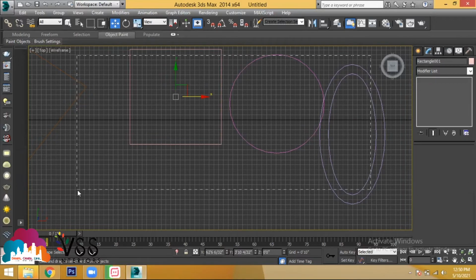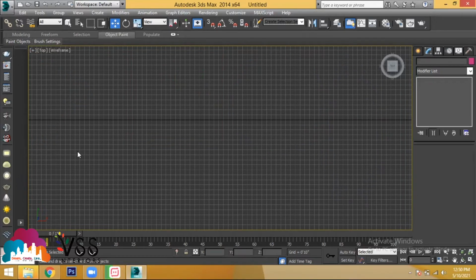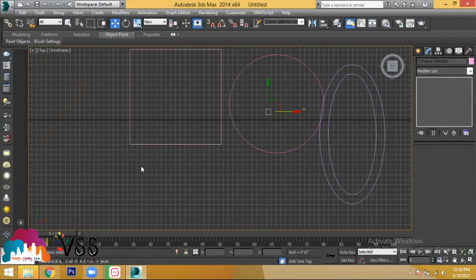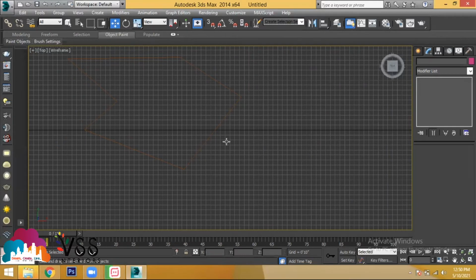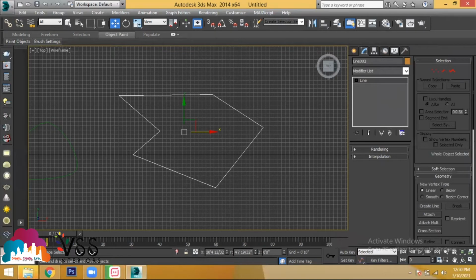But apart from these objects, if you go to the tool called line, whatever object you have created, just drag this. Can you see this arrow over here? Click, hold your mouse and drag it. You will find two bars like this.